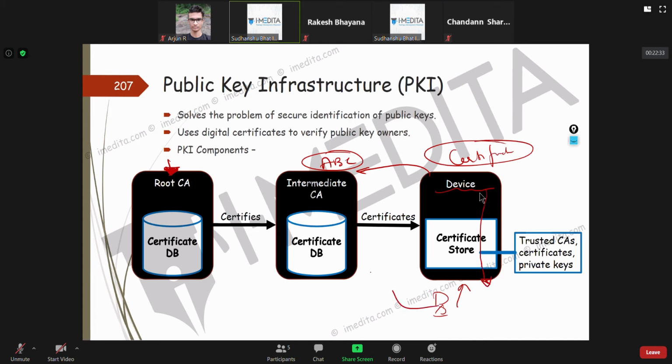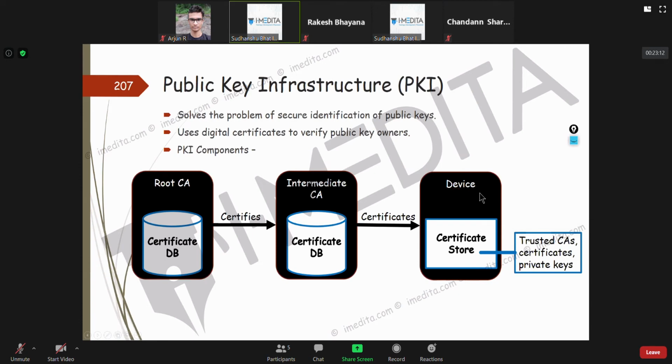It's going to verify the identity of the CA. If it trusts this CA, fine. Like I showed you in the browser, it has a list of trusted CAs. If it doesn't trust it, it might ask for a certificate from that CA as well, and that CA certificate might point to another CA. Maybe this browser doesn't know about ABC, but knows about XYZ, the root CA. So basically, this is how it works.